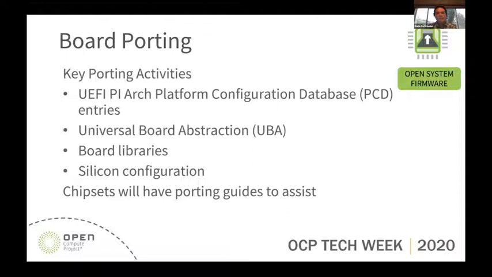So we use this to store all of the configuration knobs that are either going to be passed to the FSP or passed to FV late silicon, depending upon what part of the flow we're in, as well as configuration options that would be used by the open source components,